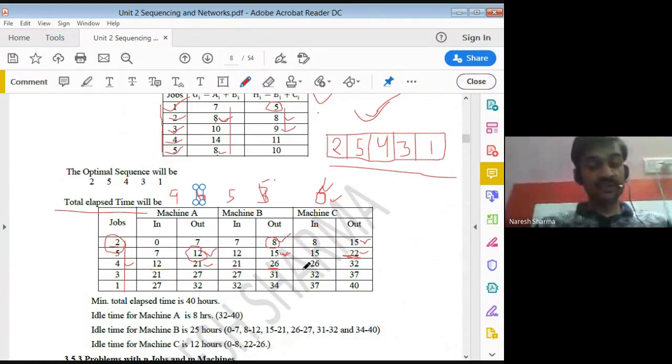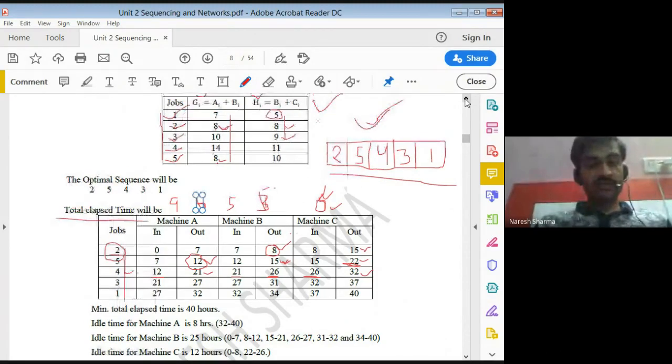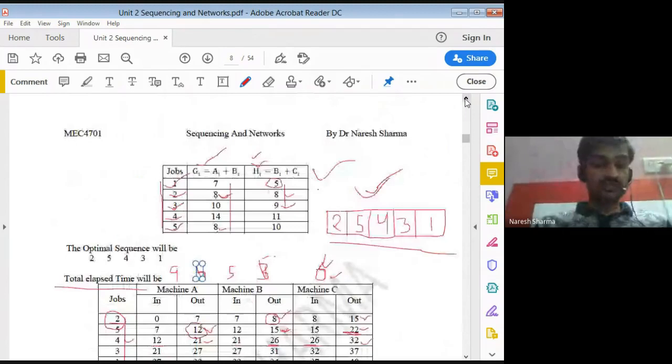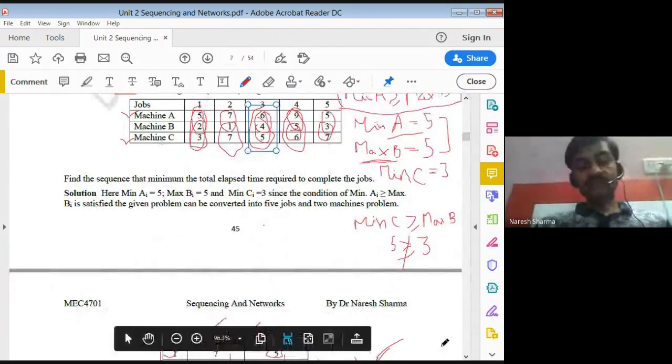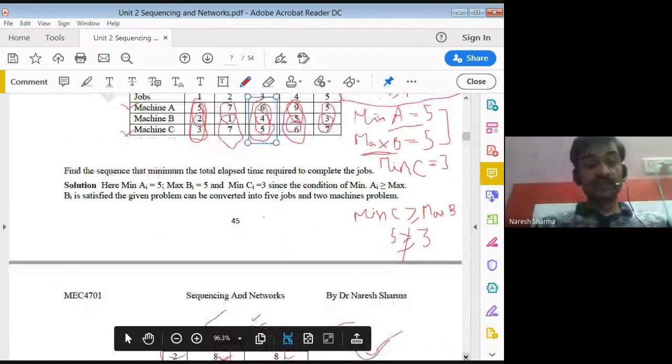So the maximum is 26. So we enter at 26, and plus 6 hours is 32. Similarly, you can complete your table for the remaining two, that is the third job and the first job also. In the same way, once you complete all the jobs, your table is complete.